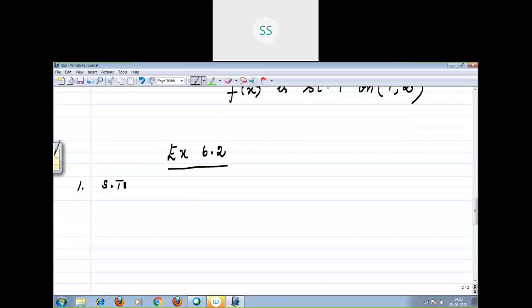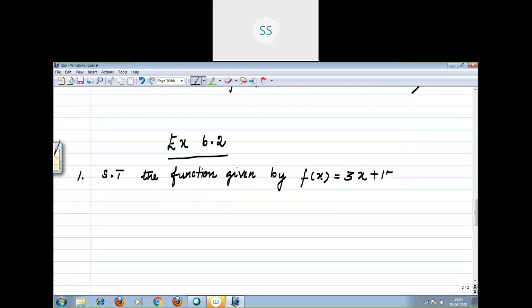Show that the function given by f of x equal to 3x plus 17